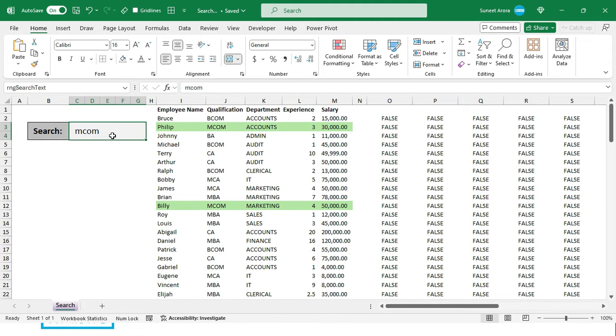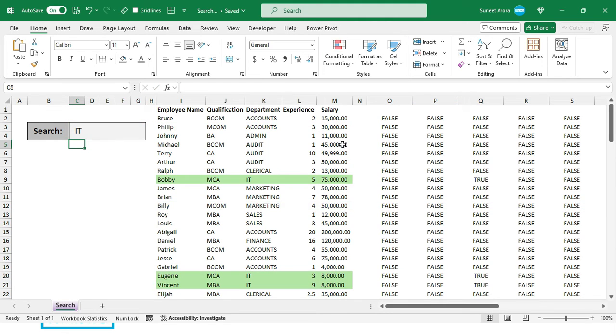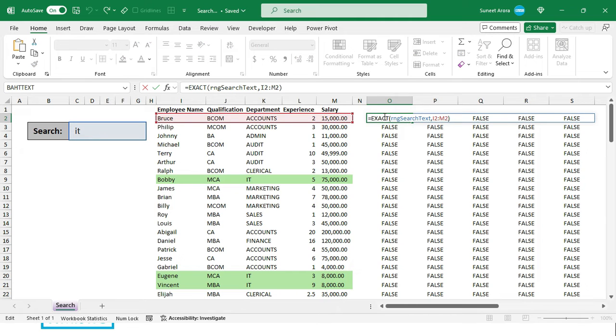If I type, let's say, IT in capital letters, then we should have some true values like this, and here also. Okay, if I type IT in small letters, again we will not get any match. You can see that it has become false now. Okay, so this is case sensitive search. Again we need single true or false values. I can enclose this in the OR function and